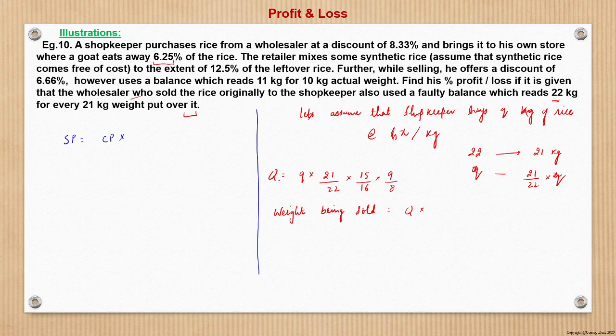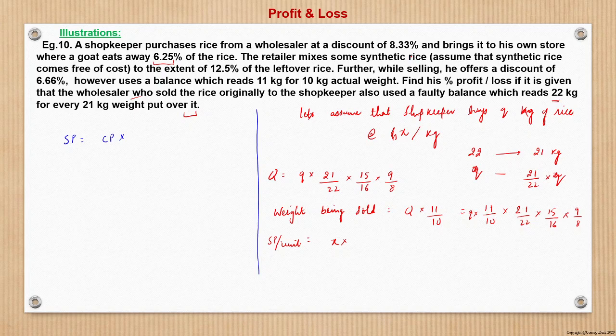So when we put capital Q kg, it will show 11 by 10 into capital Q, right? So this is Q into 11 by 10 into 15 by 16 into 9 by 8. This is the weight being sold. Now what is the price at which it is being sold? That I write as selling price per unit. Selling price per unit will be CP per unit, which is X, into